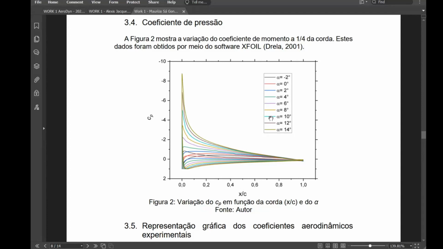In general, it is enough to have 5 different points. In this case, minus 2, 0, for example, 4, 8, and 12. I recommend you to simulate the last angle of attack not so deep as stall angle of attack. It could be a bit smaller than stall angle of attack, because models you will use in simulation of viscous flow,